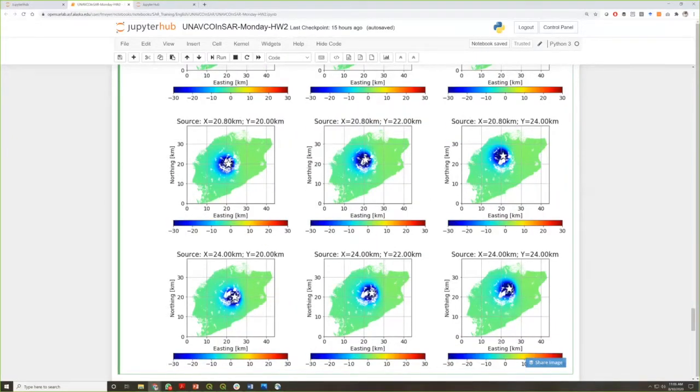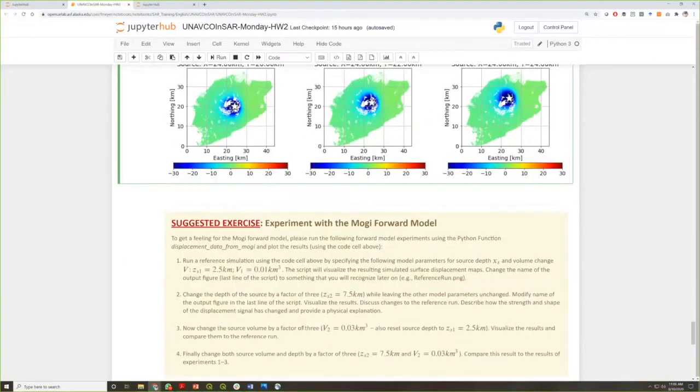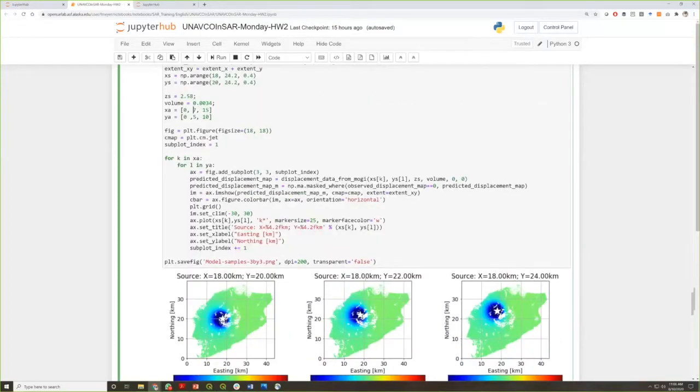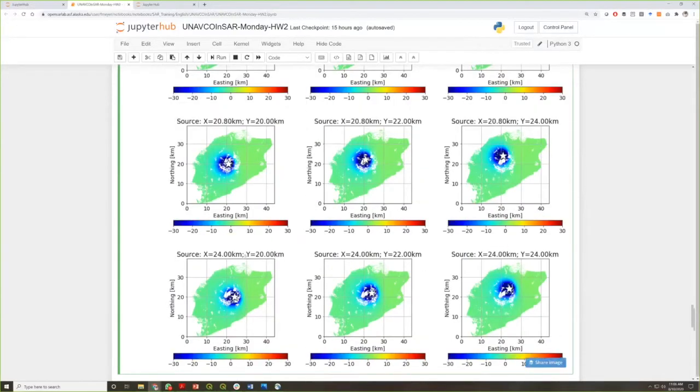So if you want, you can now play around. There's a suggested exercise that you can do at home. You can change some of these forward model parameters. You can increase the depth, decrease the depth, change the volume change. So in your homework, I encourage you to just play a little bit with these